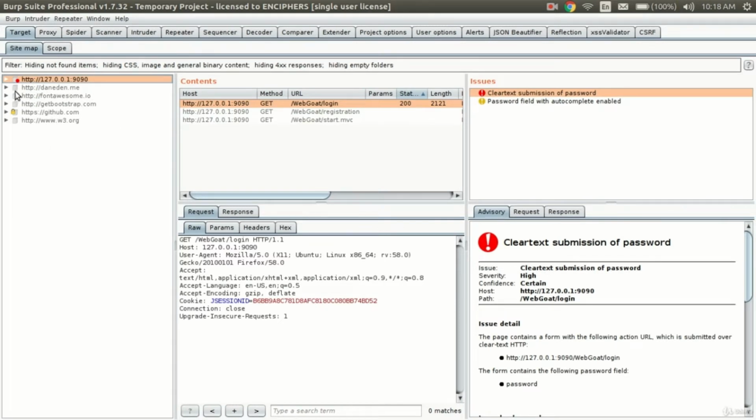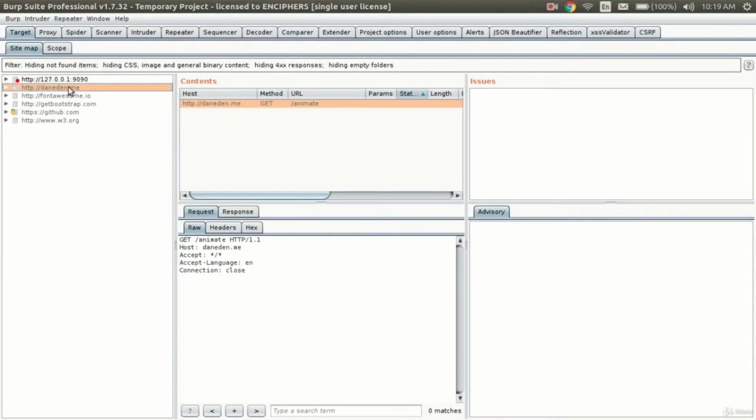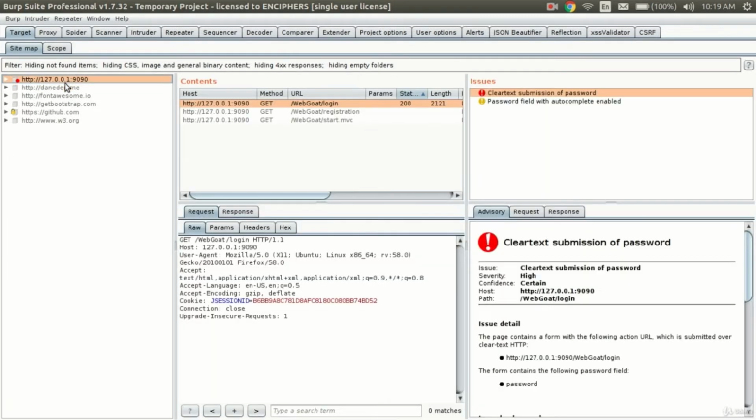The grayish ones are the ones which I haven't browsed directly in the browser. This link actually made requests to these websites, that's why they are shown in gray color. And this is our main target. It will get crowded bit by bit.